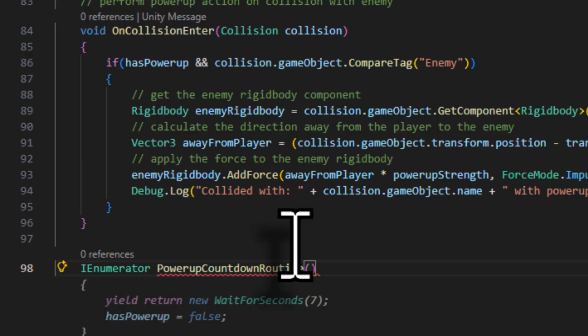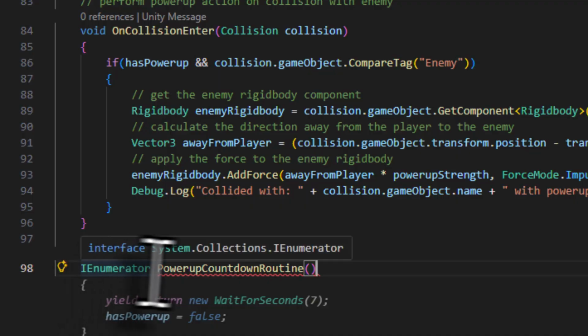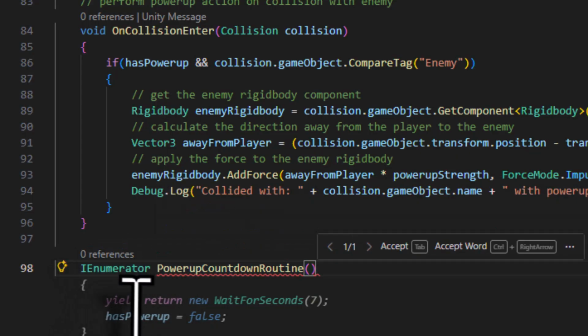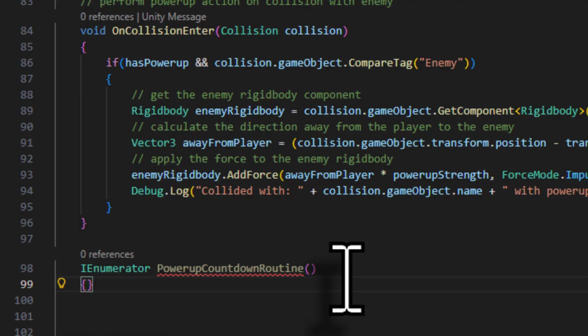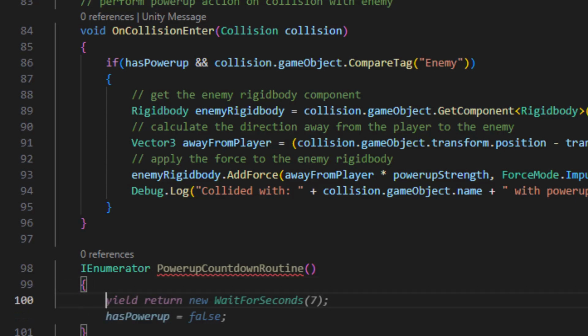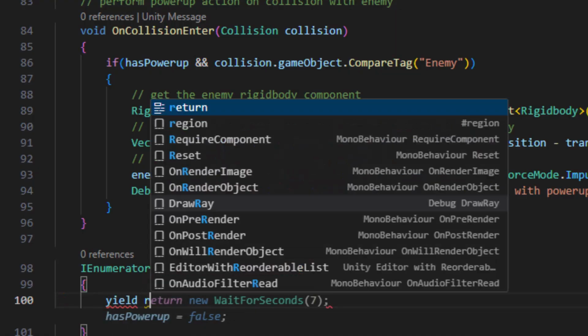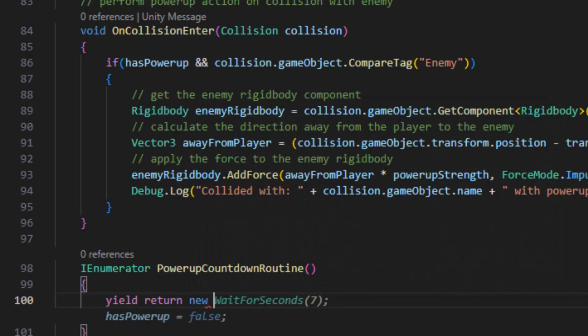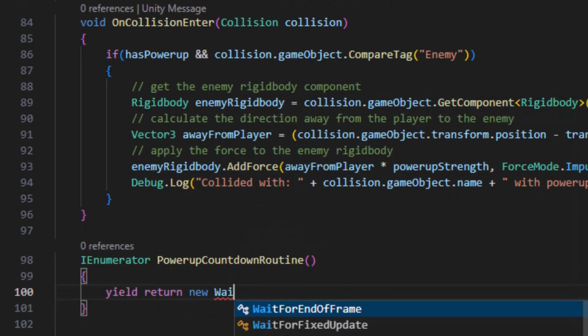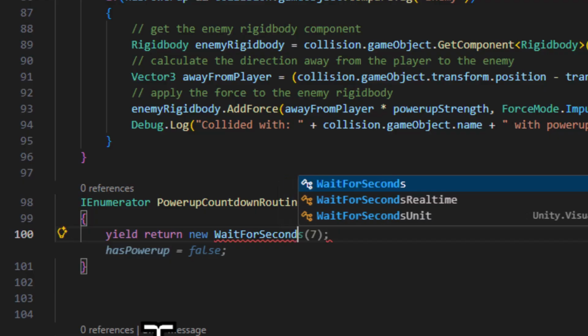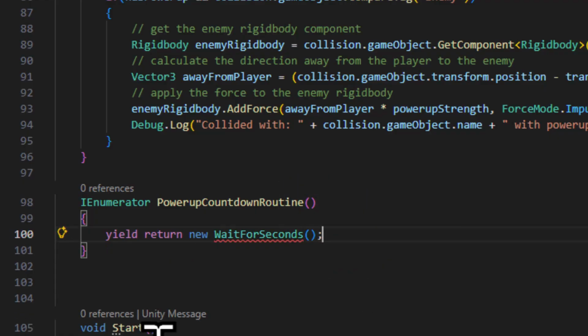The only difference is here, instead of declaring it as public void or as public with some return value, we are calling it as IEnumerator. Click enter, add open close curly bracket. And now inside this curly bracket, I will press enter, and in this case, we are going to use a keyword called yield, and this yield is going to return a new WaitForSeconds, open close bracket and end it with semicolon,